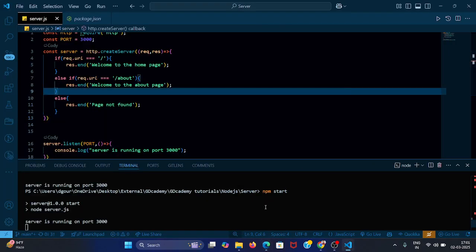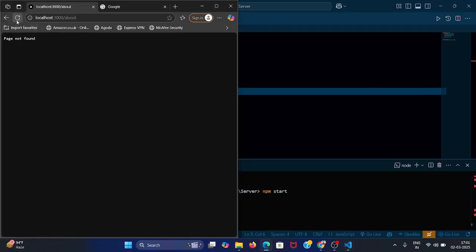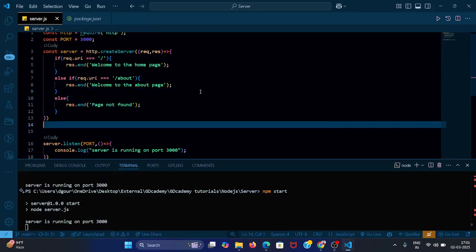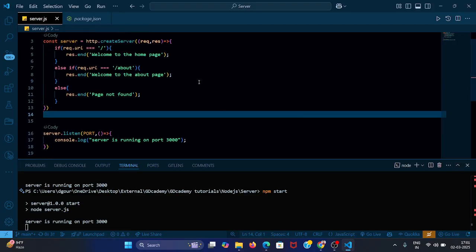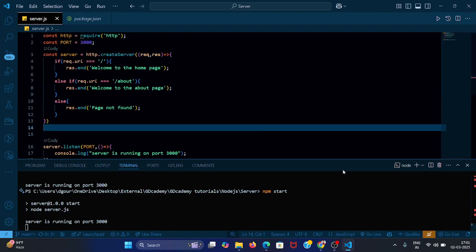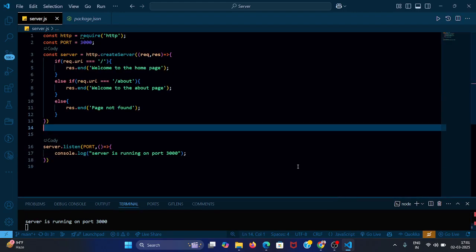Oh, sorry, I have to rerun the server because I have made some changes. So npm start, this was the script. Okay, now if we request this, you can see welcome to the about page, it's showing welcome to the about page, correct? Now after that you can add separate paths and check them out. So that is the basic thing, how we can make a simple HTTP server